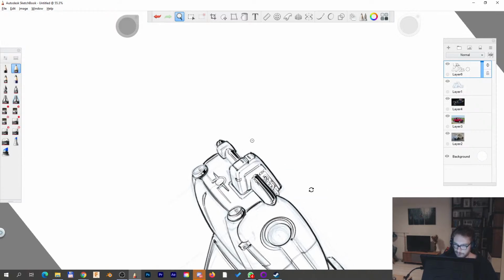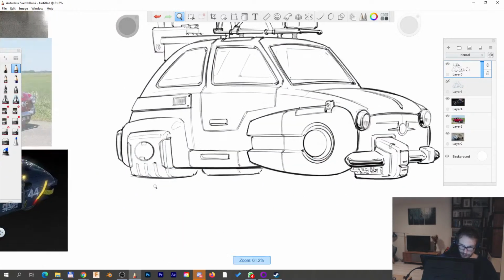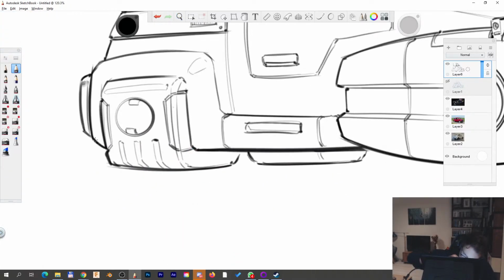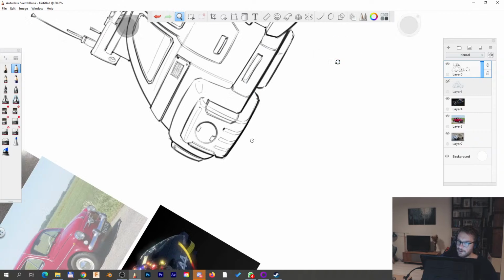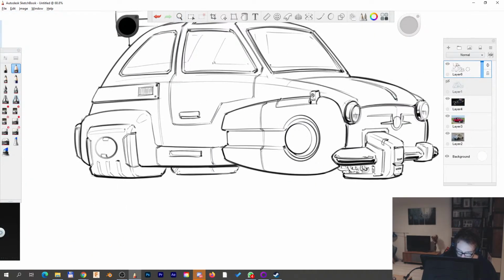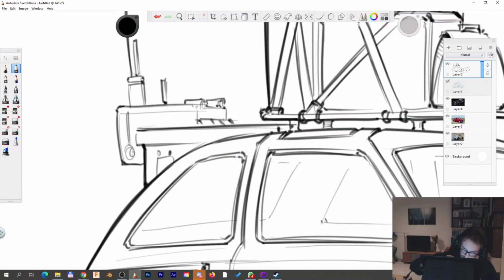Okay, and now, whoa, sorry guys. Okay, let's work a little bit on the line weight, make some areas a bit thicker. A little bit of crosshatch here. Here I should definitely bring a little bit of that thickness. Add a little bit of...